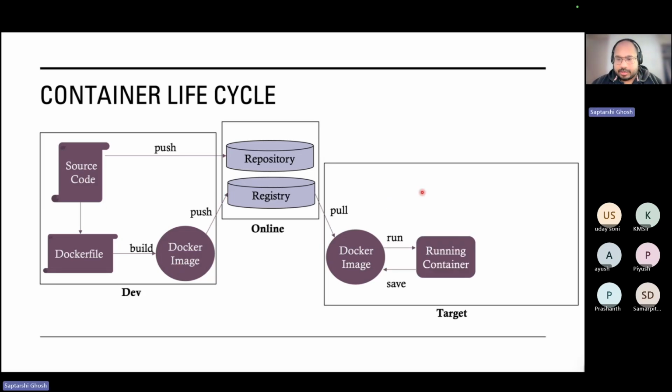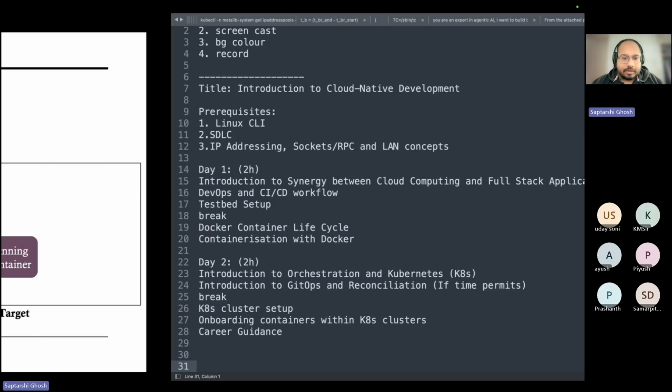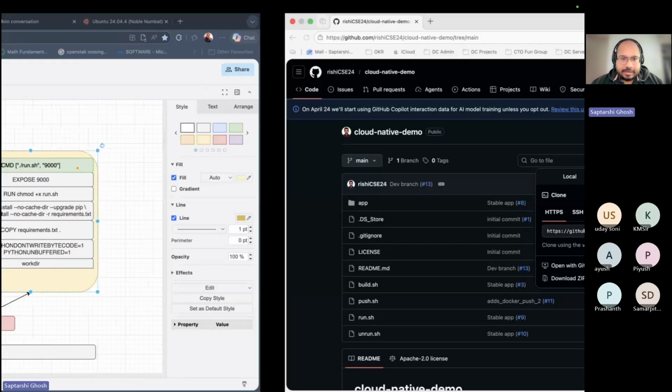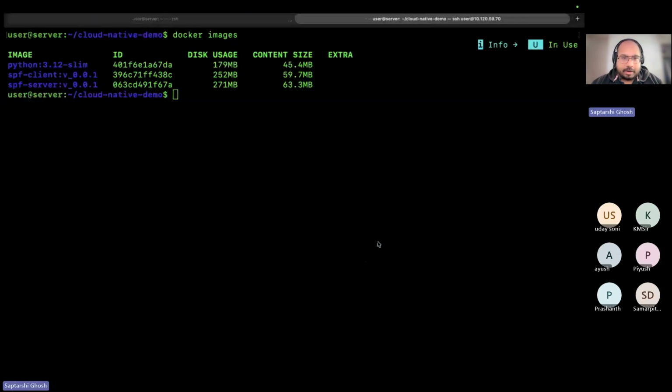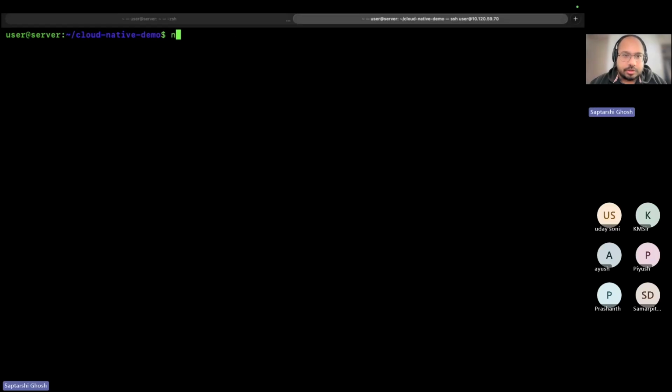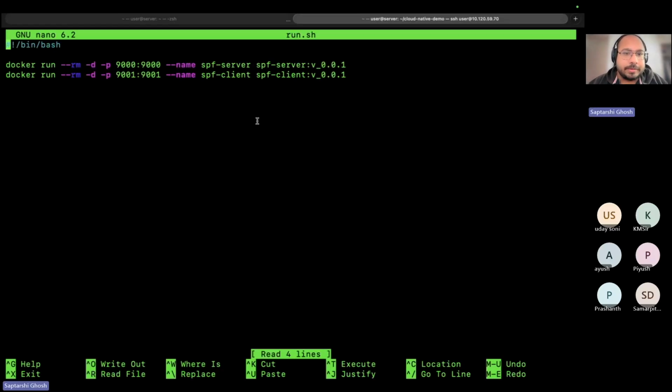Now we're going to run the image. So you're going to create a running container from the image. For that, let me take you back to the CLI again. And I mentioned, apart from the build script, there is also a run script. Okay, let's see what's inside the run script. So if I open the run script, this is where you see